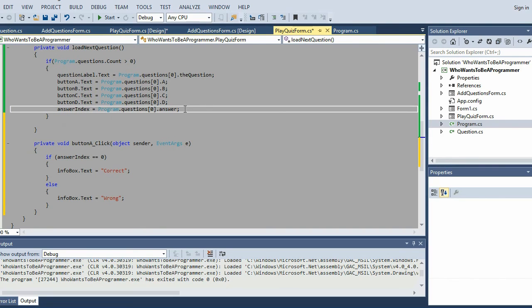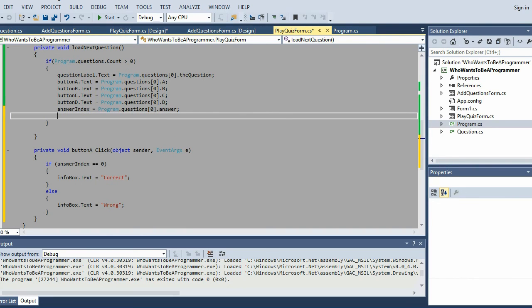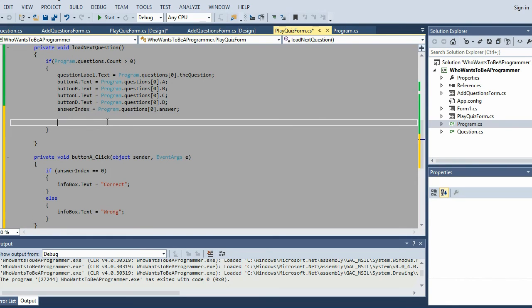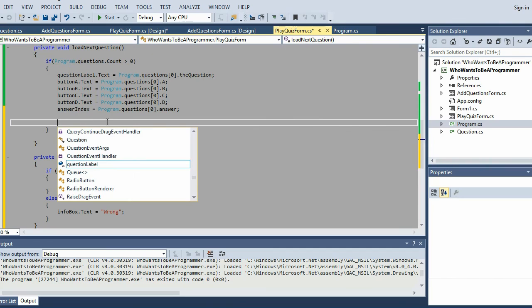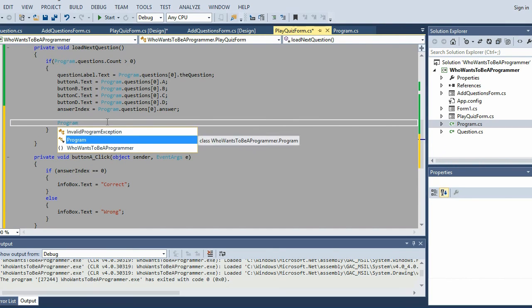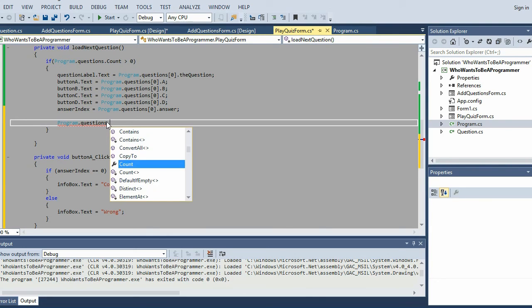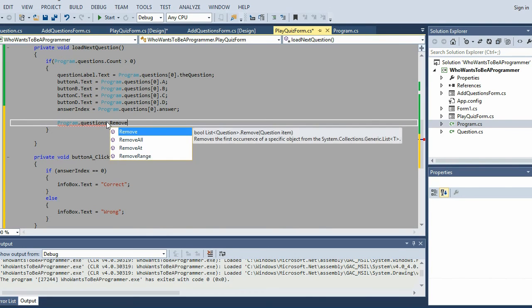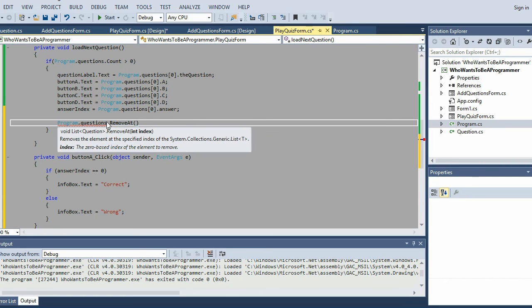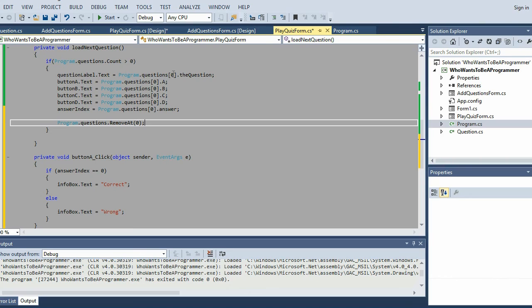So inside here, after doing answerIndex is equal to Program.questions[0].answer, we need to remove, so it's going to be something like Program.questions.RemoveAt(0). Okay, so it's going to remove the first question, which is the question that it has loaded from the questions list,